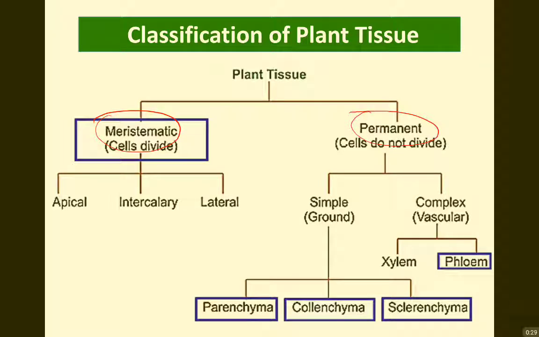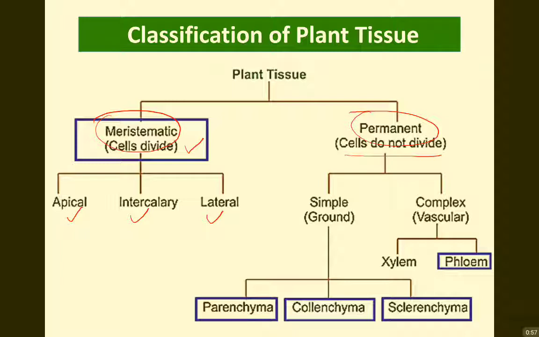So the difference is, for meristematic plant tissues, the cells divide. Okay, the cell is still active to undergo cell division. But for permanent tissues, they already become permanent. So the cells do not divide. Okay, it's already mature. So there are three types of meristematic plant tissues, which are apical, intercalary, and lateral meristematic